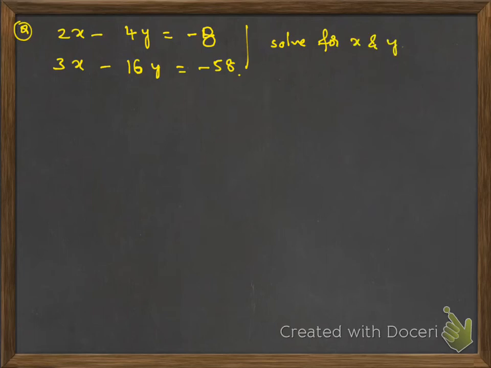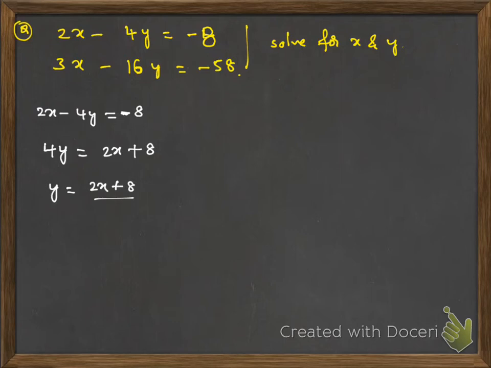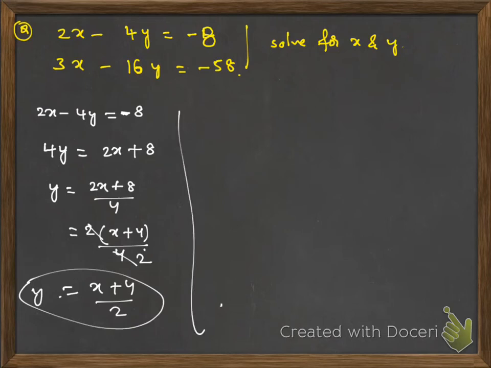Okay, now how you can solve this is, from the first equation, 2x minus 4y is minus 8. So from here 4y is equal to 2x plus 8, sending same side terms. Or else you can write minus 8 minus 2x, that is up to you. I have brought 4y to the right and 2x and 8 to the left, so that will give you y is equal to 2x plus 8 by 4. Taking 2 common, that will give you 2 times x plus 4 by 4, 2 1s are 2, 2 2s are 4, so that will give you x plus 4 by 2. So your y value is x plus 4 by 2.